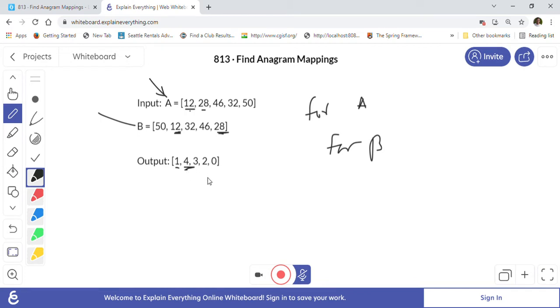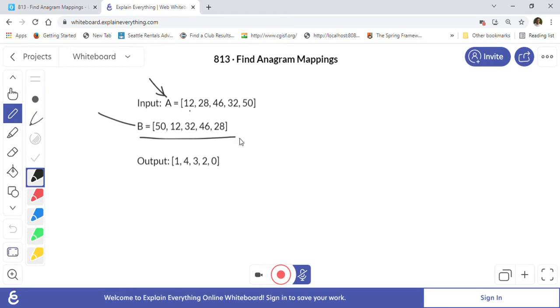If you go with this solution, then it is order of n square, because you are traversing two nested arrays. So we need to find some order of n solution. Order of n square will not be accepted in the interview. To find an order of n solution, we will first read this array B.